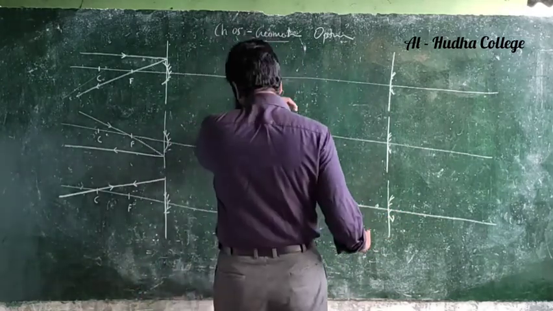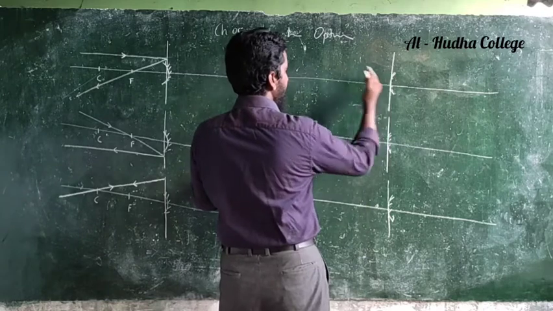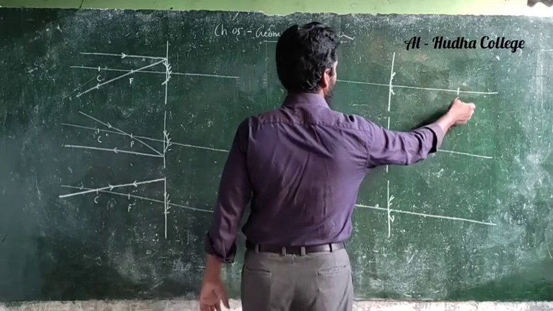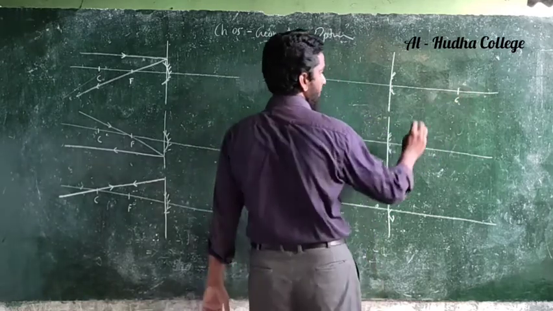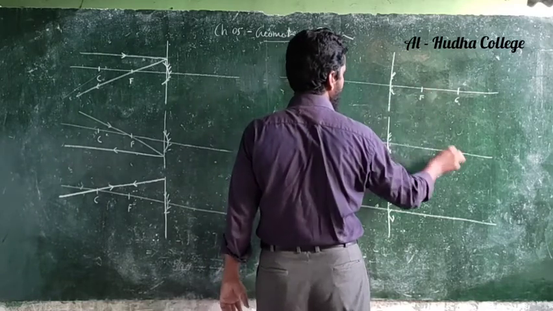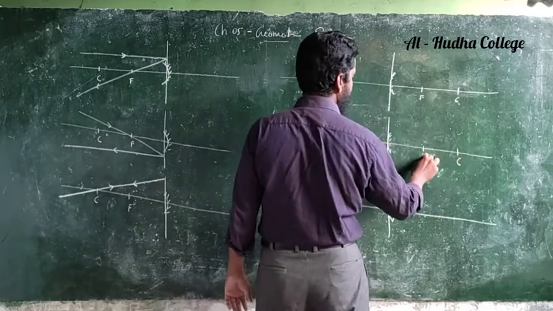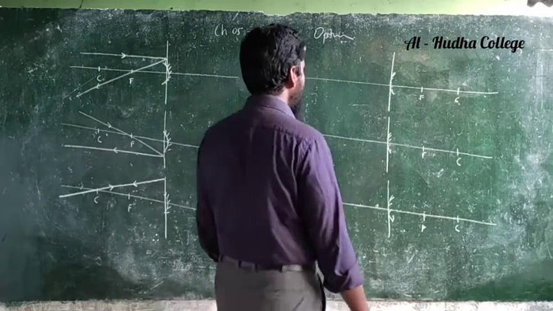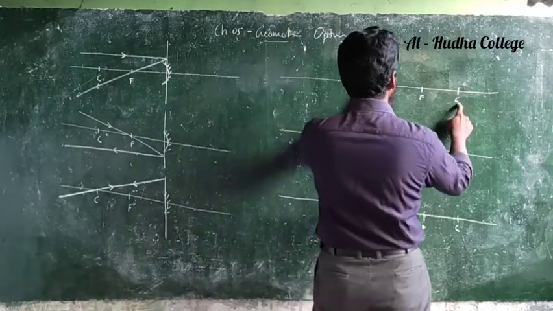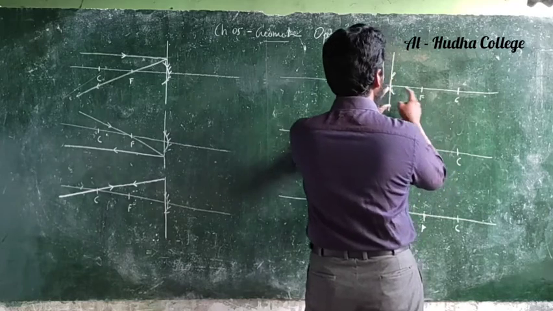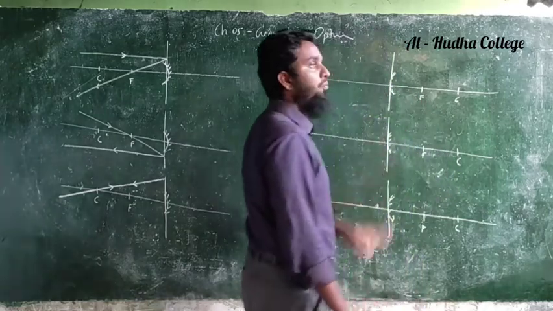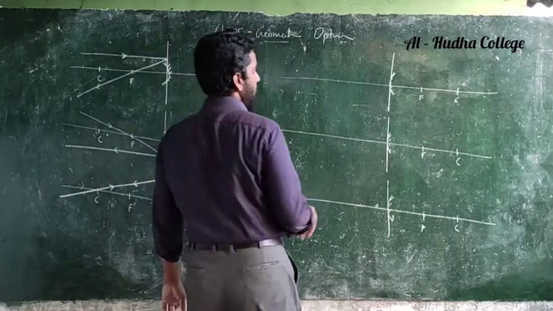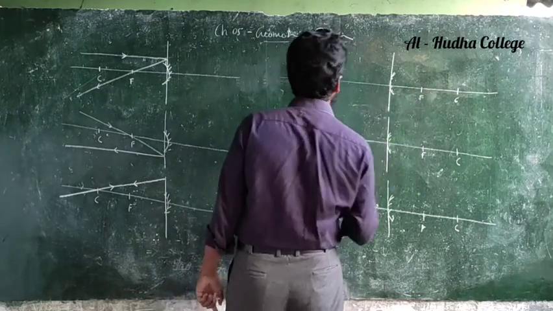Now you know that if you take the front side of the mirror as this, the center of curvature will always be at the back of the mirror. Then the focus is going to be here: center of curvature and focus. Be careful when you draw this. If you take the center of curvature from the pole as 4 centimeters, then the distance between the pole and the focus should be 2 centimeters. It should be at the middle of this distance.